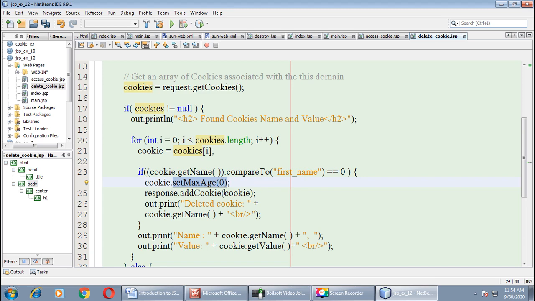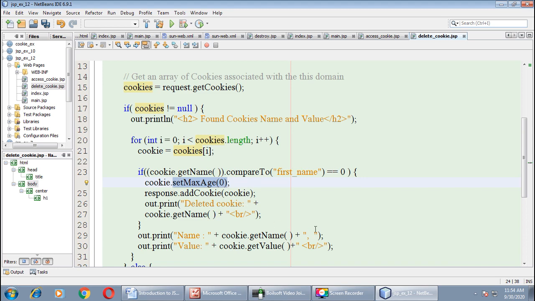We are setting its maximum age to 0. Now adding detail of cookie by addCookie method, then we will print deleted cookie and cookie.getName. Whatever cookie we are deleting from here, then the name of that cookie will be printed.